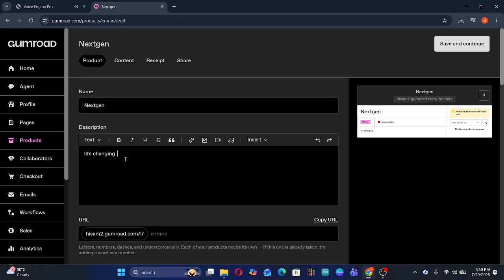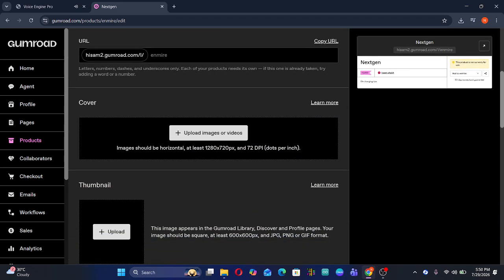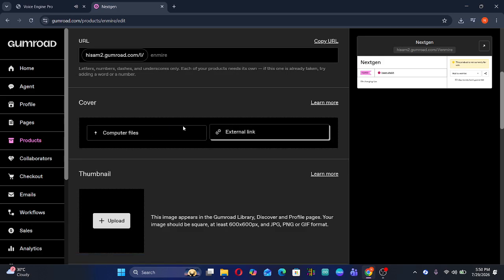Next up, visuals. People are naturally drawn to images, so this is crucial. You need to upload an attractive image that showcases your Notion template effectively. The image should give potential buyers a clear understanding of what they can expect. It's often helpful to take screenshots of your template in action so that buyers can visualize how they'll use it